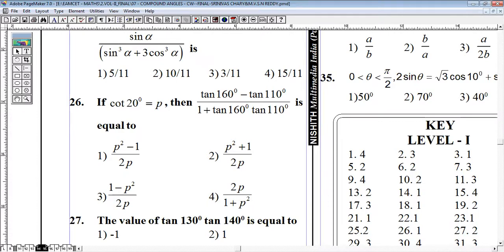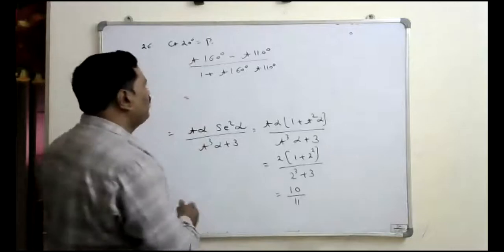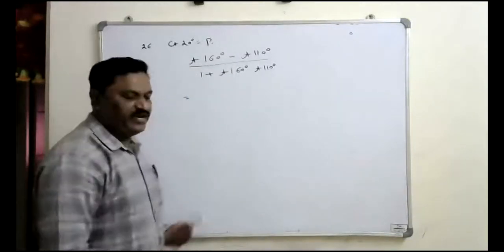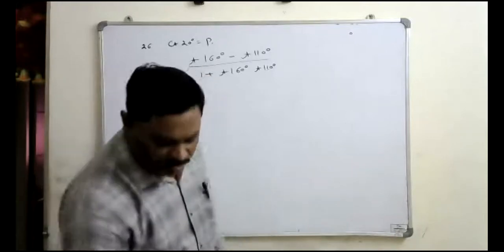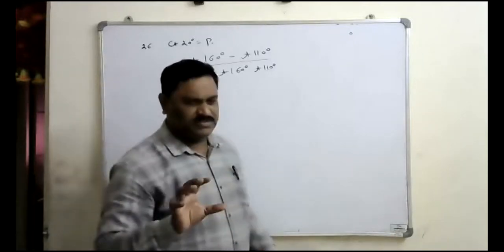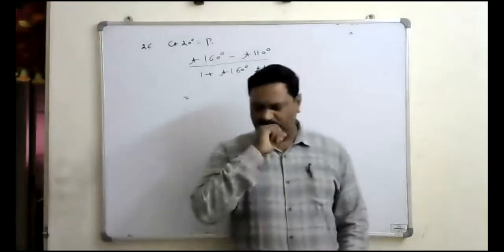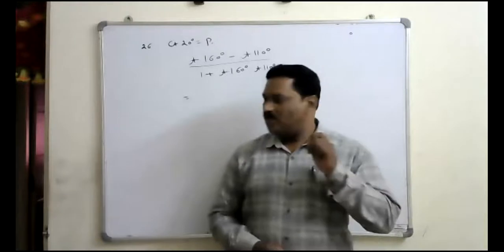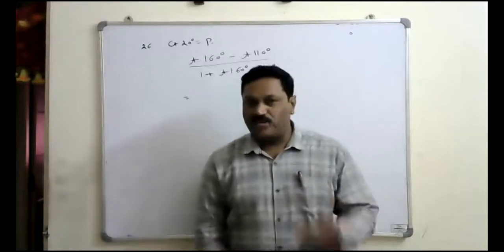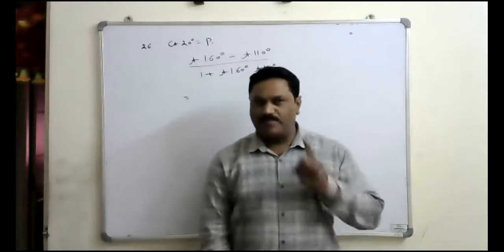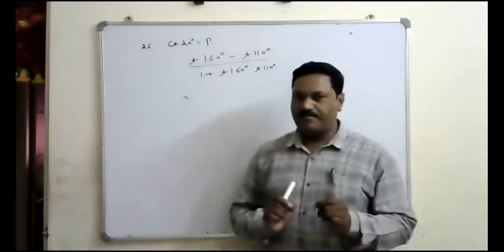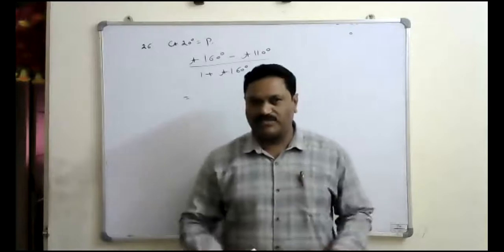Since the value for 20 degree was given, all these given angles we will convert in terms of that 20 degree. To convert, don't try to write all the steps. In most cases use your brain and do the calculations mentally, for getting fast and accurate calculations. Don't try to write each and every step because the time will not permit us.